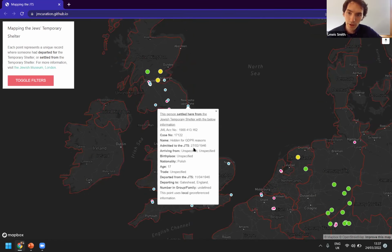So we have them broken down here. We have the number within the Jewish Museum. We have the case as it was recorded on the card. We have the name of the individual, which is considered for GDPR compliance. Arrival date, where they've arrived from, birthplace, nationality, age, trade, date of departure, where they've departed to, and the number